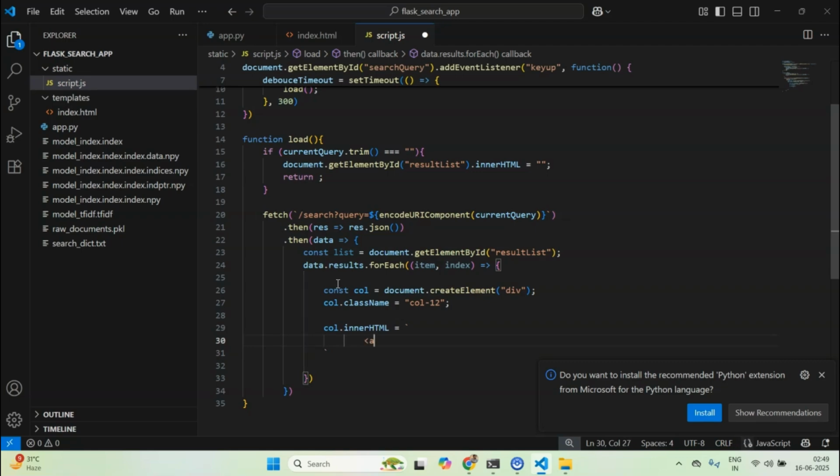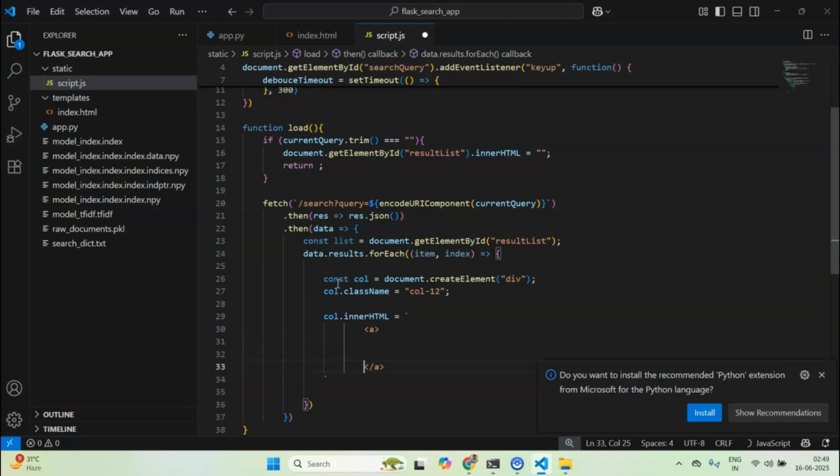Okay, so I'll create an a tag, and I'll put everything inside the a tag so that this would be clickable, and these are not going to be taking the user anywhere else except on the page.